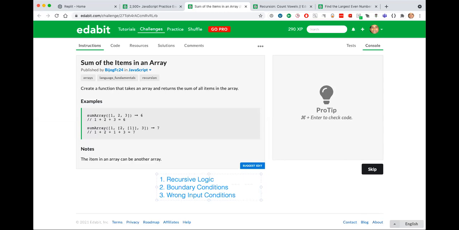So what is the recursive logic in this case? What are the boundary conditions? What are the wrong input conditions? Please put your responses in the chat.